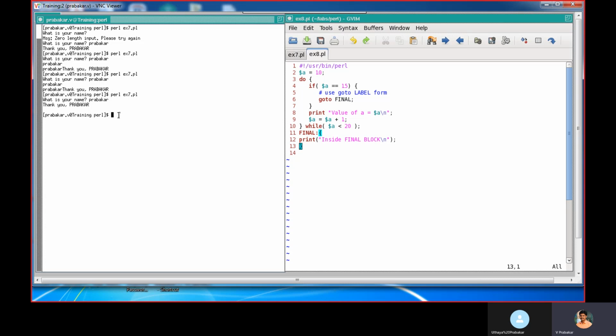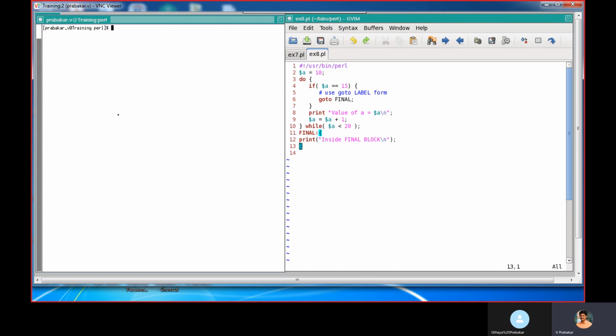Let's check here. 10, 11, 12, 13, 14. When the value becomes 15, it enters into this and goes to final. So it goes to the final block and displays "inside final block". The remaining topics we will discuss later.